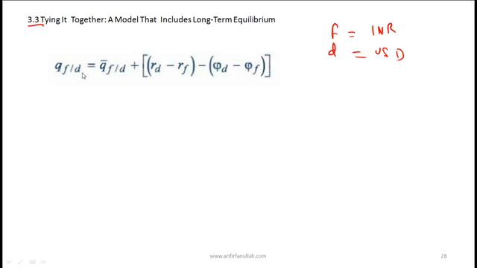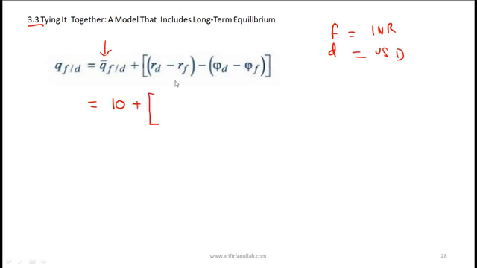Then QFD refers to the real exchange rate, so the exchange rate with the Indian rupee as the price currency and the dollar as the domestic currency. Q bar refers to the long-term equilibrium exchange rate, and let's say that this is derived using purchasing power parity as a model. So let's say that we come up with a long-term real exchange rate of 10, and then